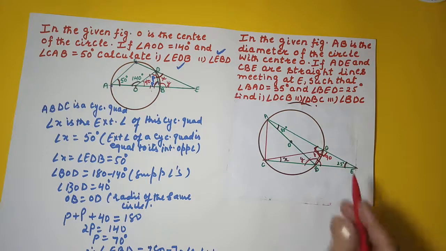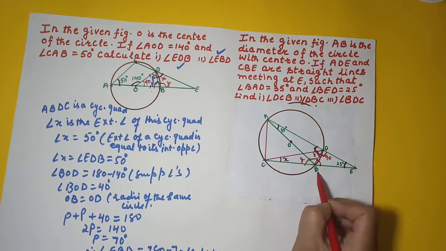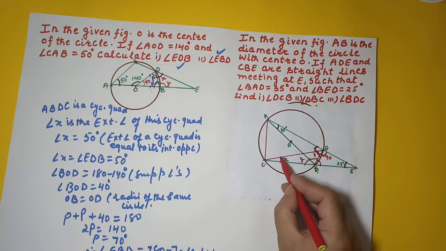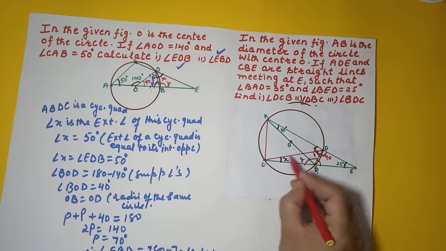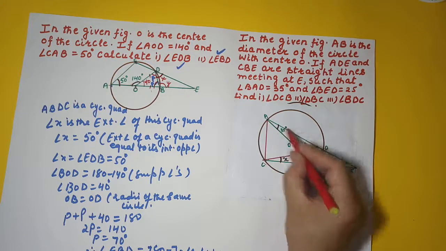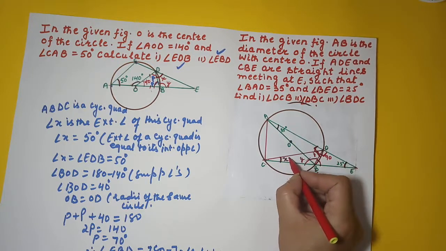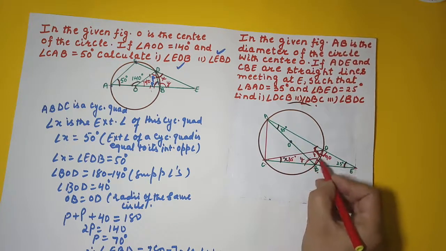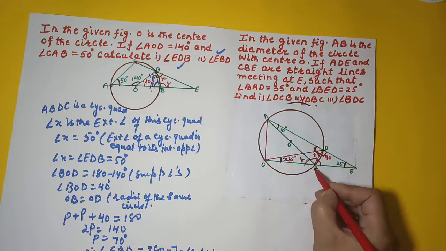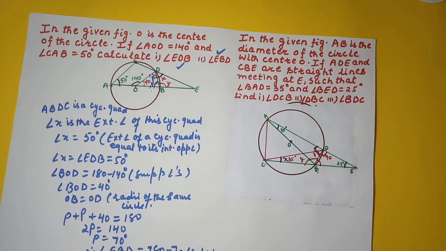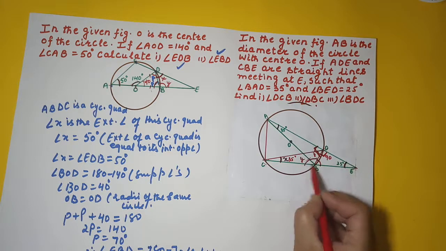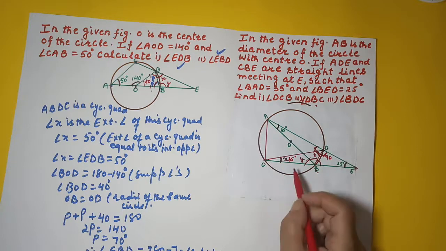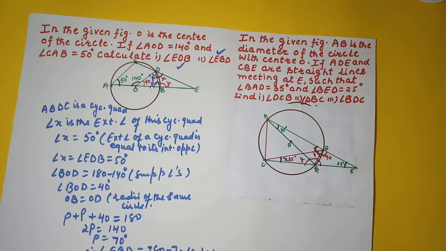And he also wants us to calculate DCB. Now DCB, DB arc makes this angle as well as this angle. So isn't this equal to 35? Angles made by the same arc on the circumference are same, equal. So we got this angle, we got this angle. By triangle sum property we can get angle BDC, right? Okay. So let's write it now.